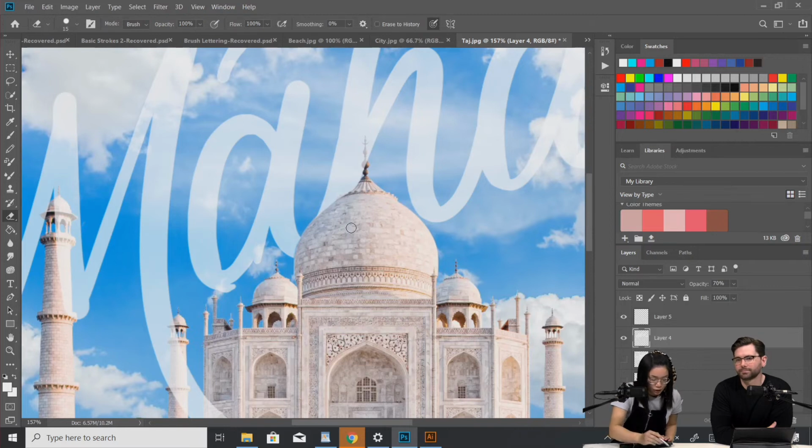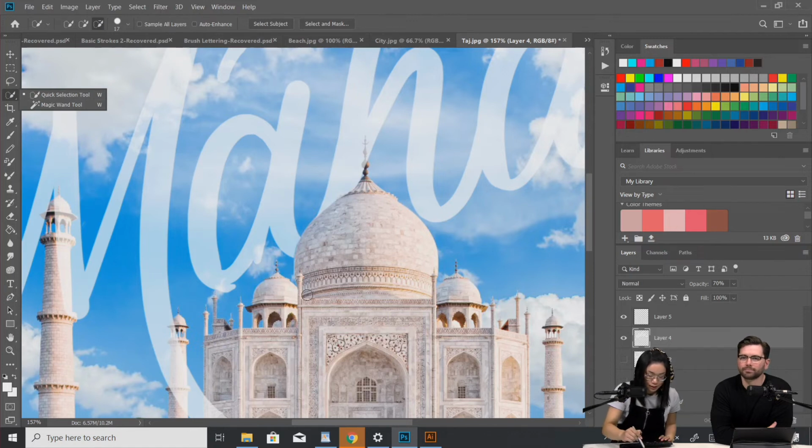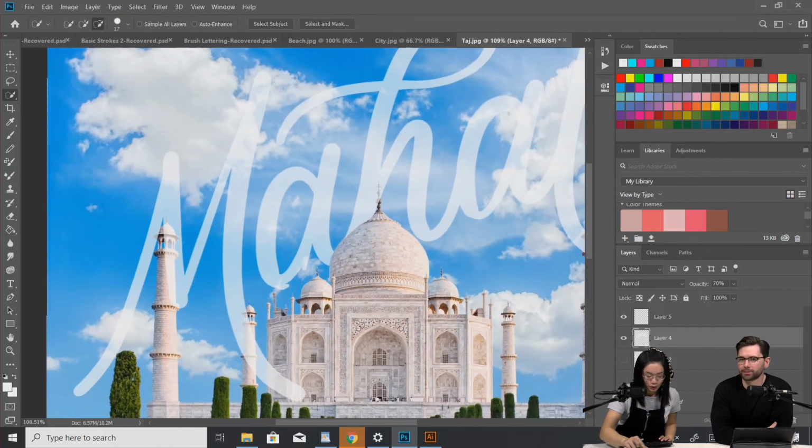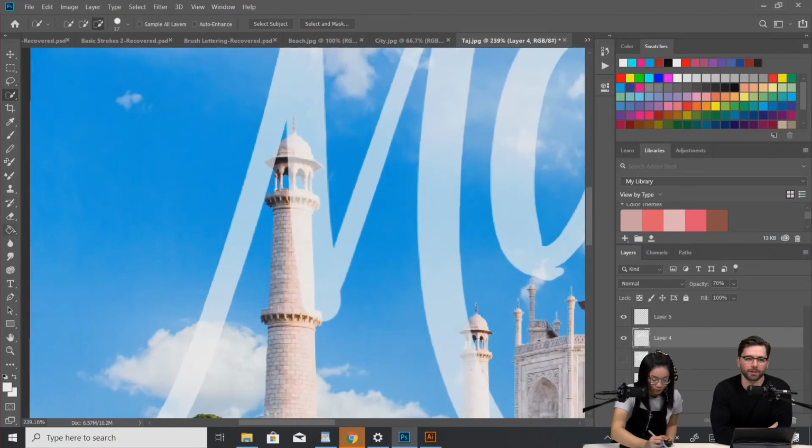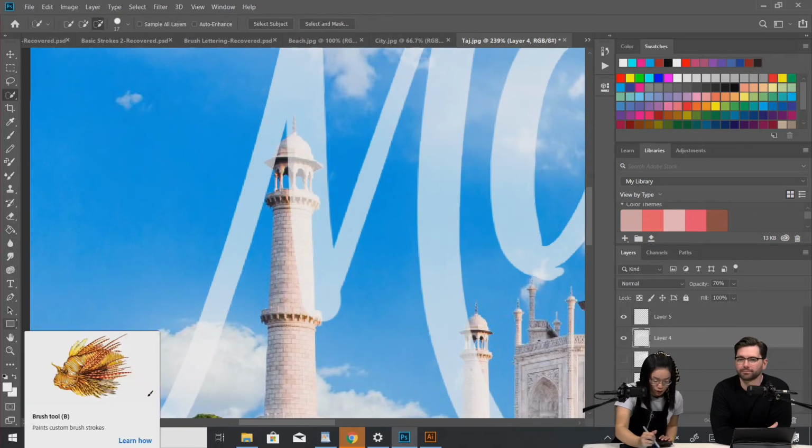I think, again, you can just go in with the magic quick selection and then select the actual tower and then just copy and then put it on top. But I like doing it the long way. Yeah, Festus was mentioning layer masks as well. Yeah, absolutely. Feel free to ask me any questions while I do this.